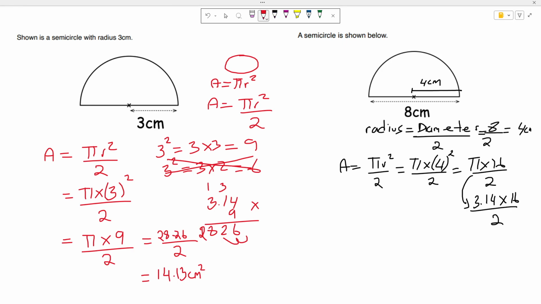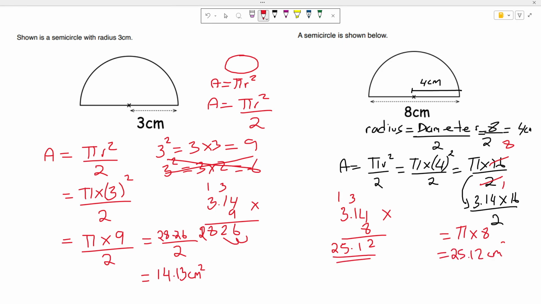Or the easier step is that we know that 2 and 16 can simplify. 2 will change to 1, 16 will change to 8. So we can just do pi multiplied by 8 to get our answer. That will save you a lot of time. So let's say we have 3.14 multiplied by 8. 8 times 4 is 32, carry the 3, and then 11, and then 25. It's going to give us 25.12. So the answer will be